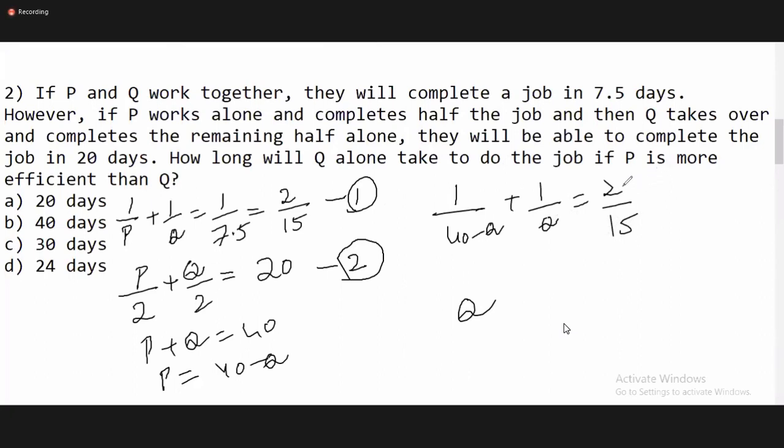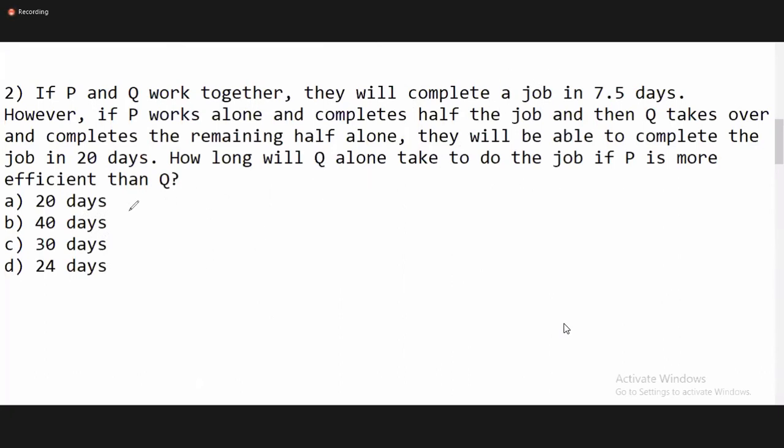What is the other way around here? This is one way of solving. The other way is that the options are already given. We can go with the options. Yes, everybody is saying the answer is 30. How to answer this good question by using the options, we need to check.